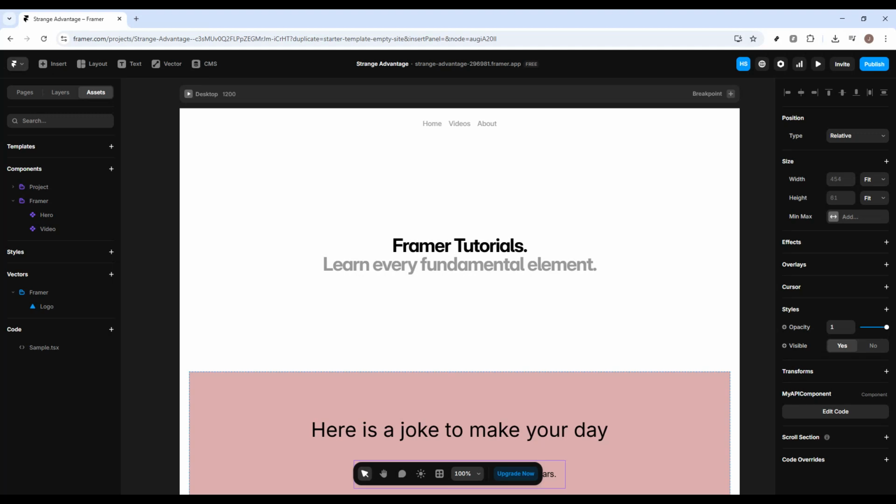If you're seeing a Framer error and your page is not loading correctly, don't worry, there are a few quick fixes you can try right now. In this video, I'll walk you through the simplest step-by-step methods to get Framer working again, and I'll keep it